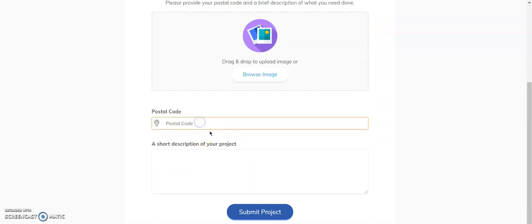You have to provide your postal code over here and give a short description of your project. When you click on Submit Project, your project gets posted on this website, and based on the provided code over here, the best suitable professional will contact the user.